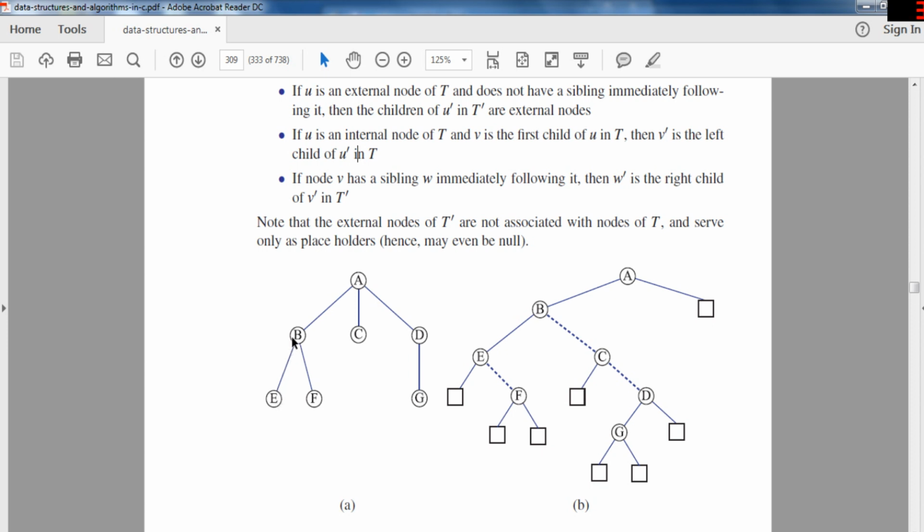Then the new tree, B is now going to... okay, then the first child in the new tree, so E, first child in the new tree, is going to have the first child, so in the new tree,